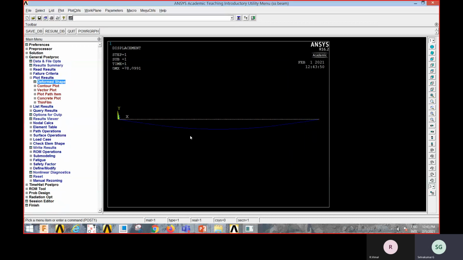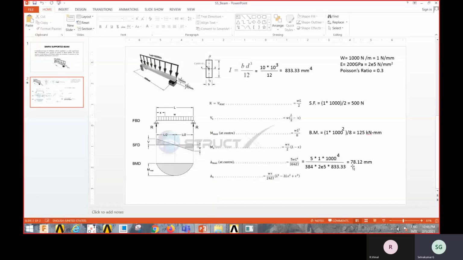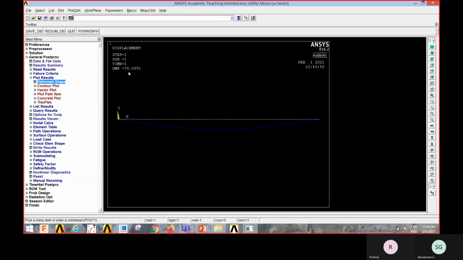This will be the result. If you see DMX, which is 78.099 mm, the maximum deflection is this value. As I have shown in the earlier slide, the deflection is 78.12. It is almost close to the analytical result.